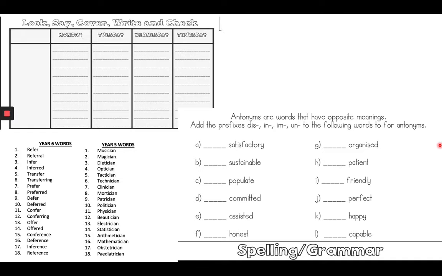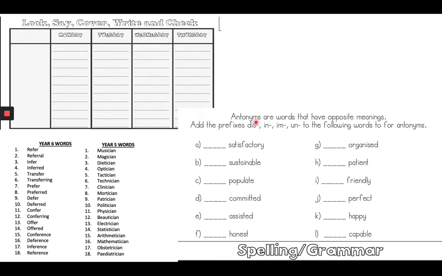So for English we have our spelling words like we do every week. The year sixes are focusing on the suffix of fur, and year fives are focusing on the suffix of shun. And for our grammar section this week, we are looking at antonyms, and antonyms are words that have opposite